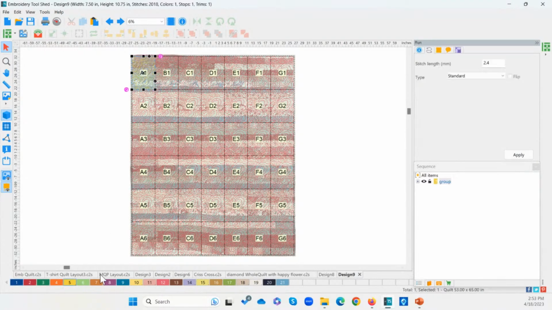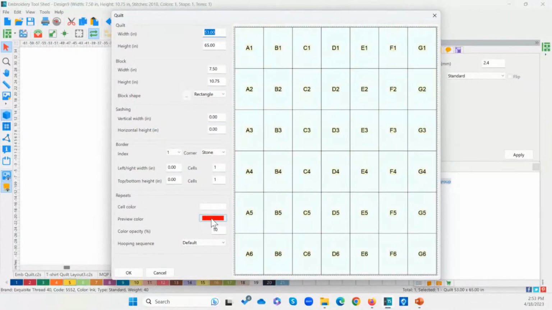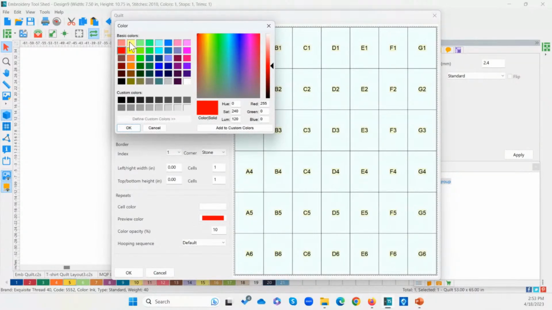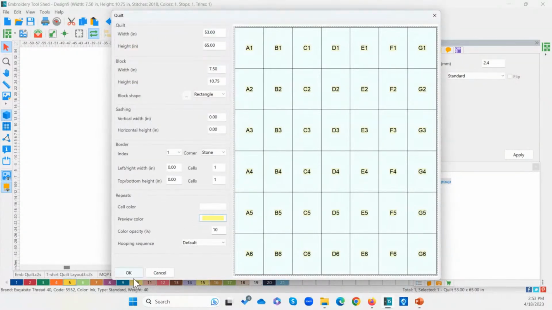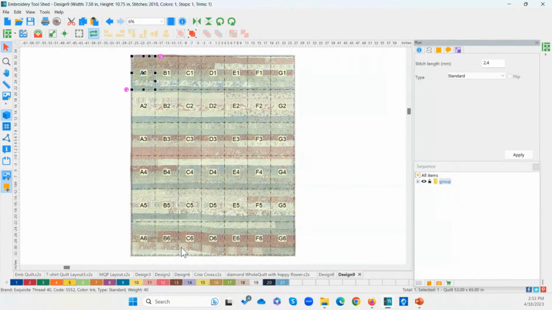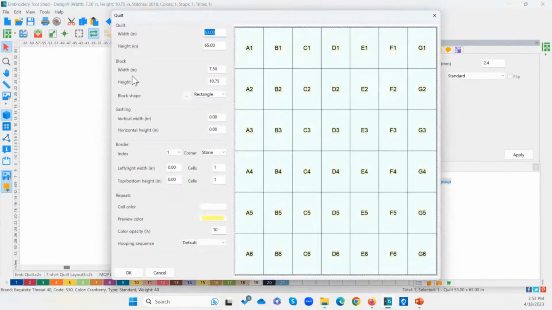So we've got the thread color set to yellow, but if you want to see what yellow looks like all over, go back into your quilt settings. The preview color is the preview color of your design. And that will change all of the previews because we only have one design on the screen. It pulls from your color chips down below. So I'm going to go to red. And then if we go back to our preview